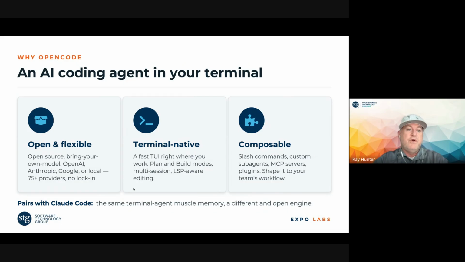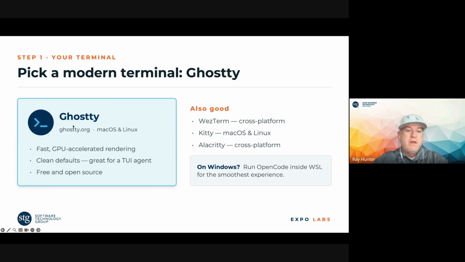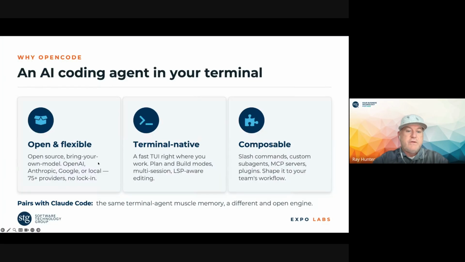It does support OpenAI. Anthropic is not 100% supported when you're using a subscription. They got in a legal battle and they actually had to remove it. You can circumvent that through some extensions with OpenCode.